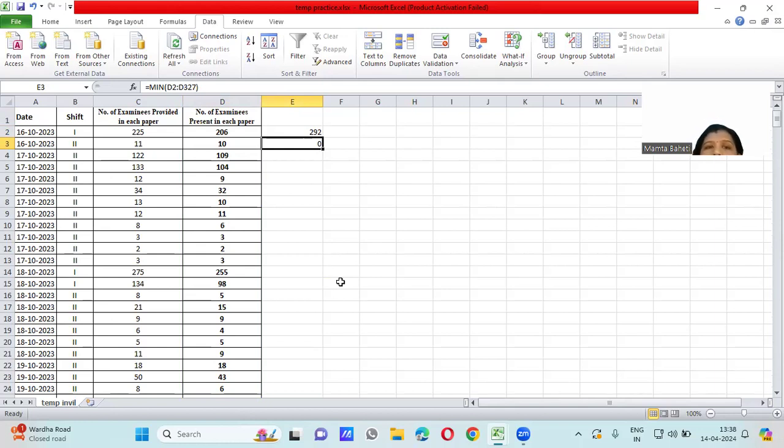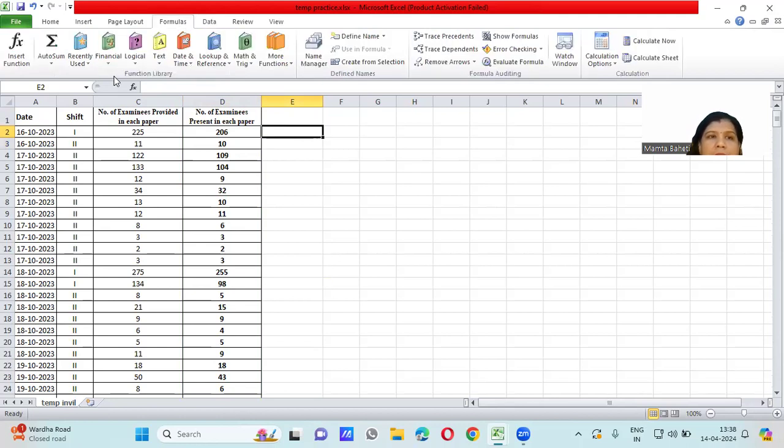We cannot apply all the statistical functions to our data. Depending upon the data, you can select or apply your functions. Next, we'll apply one more function here, equal to